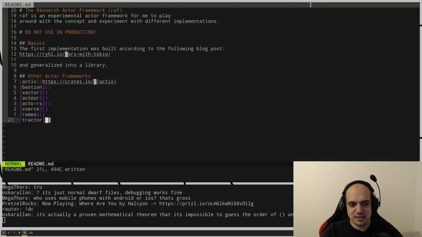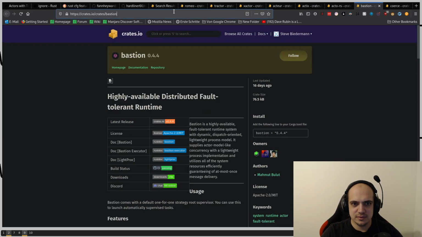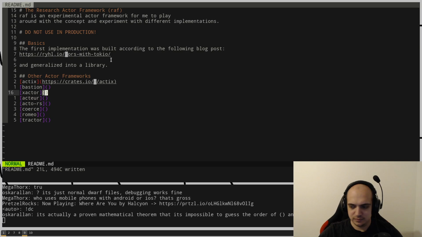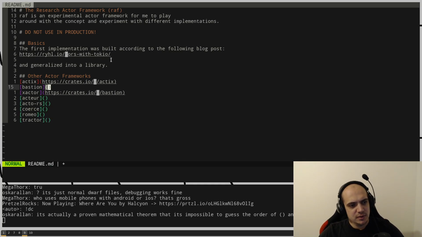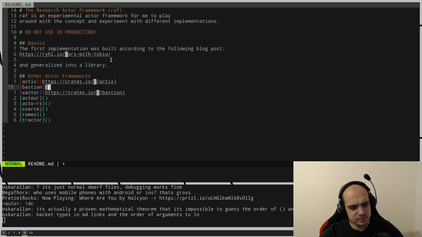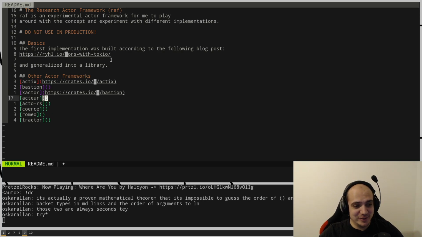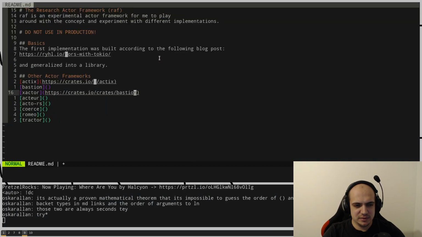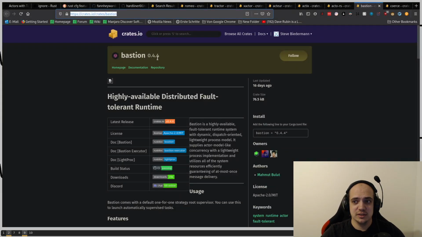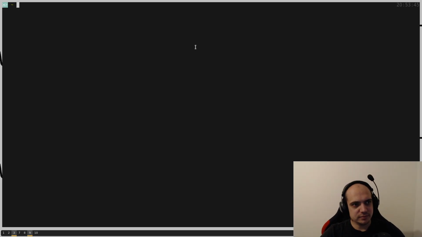Okay, so we have Actix. What's the next? Bastion. What just happened? Bracket types and MD. Order of arguments to ln. Yeah, I always get those wrong. But now, after a billion times of using it and starting to actually read the documentation, it kind of makes sense. So if you do ln --help, which is in my history, just for the record,